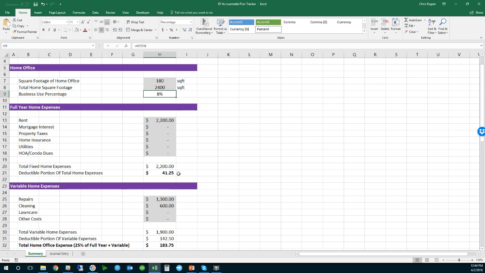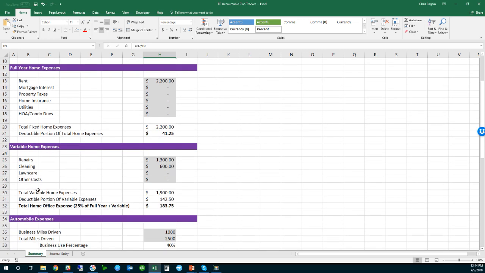And then you're going to get a deductible portion of those expenses. You may want to move utilities down here under variable. If you want to, go right ahead. We typically have our clients give us some idea of what they think it's going to be. We have them lowball it a little bit and put this in here. It's one less thing to track, which is what I'm going to get into in a little bit. As you can see, the deduction is never very much. So the only reason we're doing this is to establish this home office for commuting purposes.